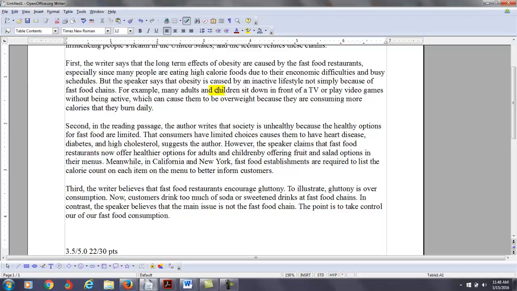Okay, I think we have it here. So I'm making a few changes, but generally, remember I gave you a score of 3.5 out of 5, 22 points out of 30. I'm giving you some suggestions to show how you can exactly get the highest possible score here.